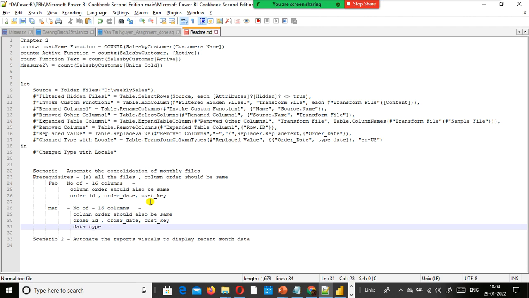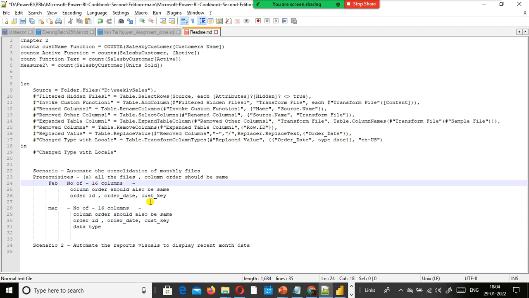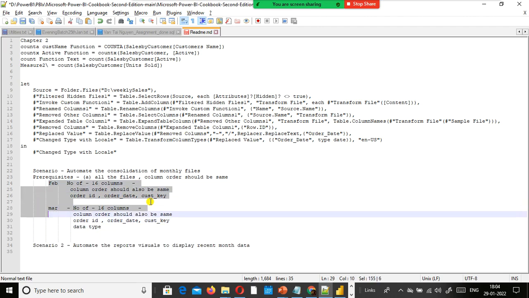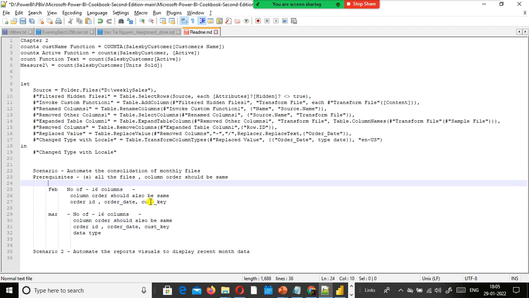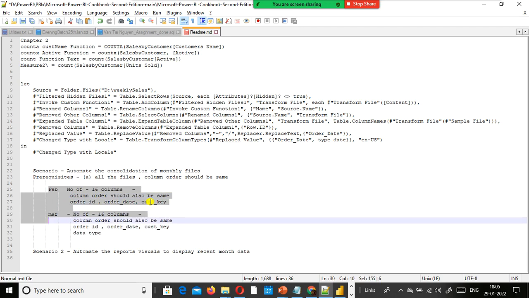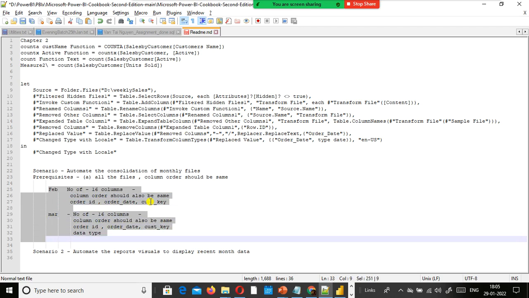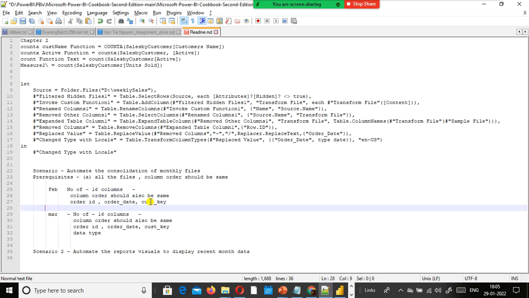So what is the solution now? This is the one we need to take care of. For example, you have a business application manager. You need to tell him very clearly, you need to set the expectations very clearly: whatever monthly files you push to my common folder should meet these requirements. Don't give me different files each month. You don't give me a different order of the columns. The data type and the number of columns should match with each other, each month.